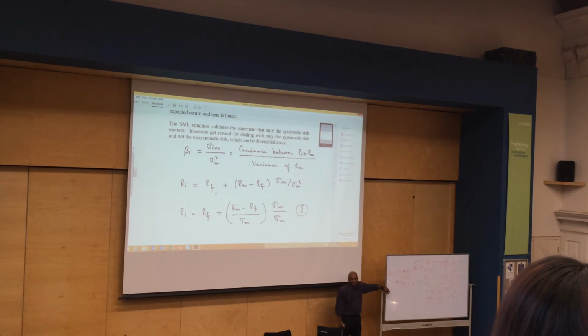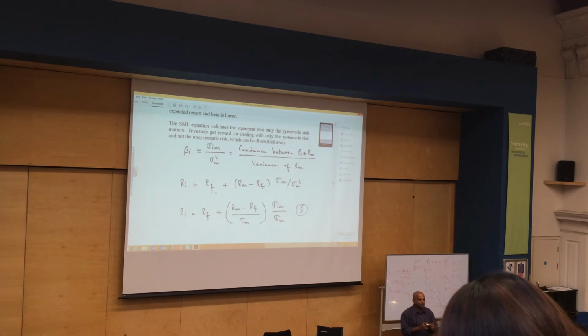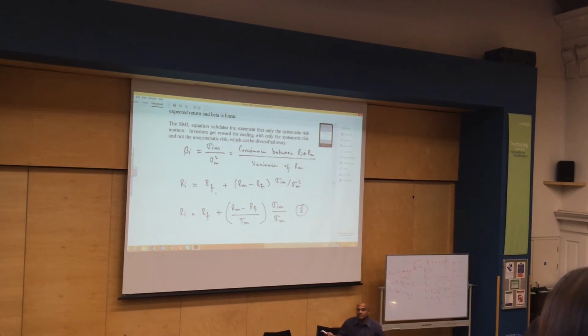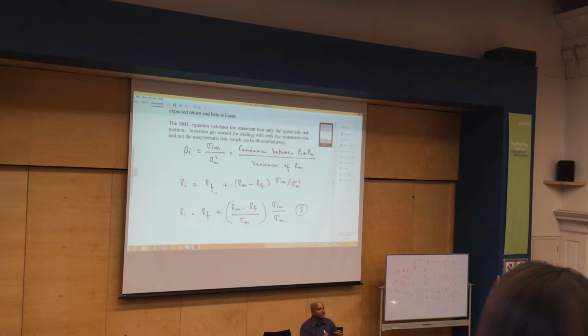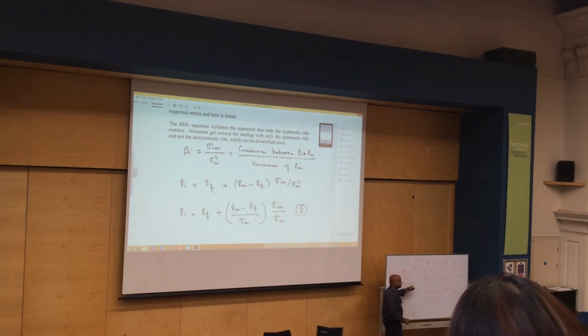Why is that? Any mathematician? The covariance of a variable with itself divided by the variance. Covariance between A and A is equal to the variance of A. Covariance between the same two variables is basically the variance of that variable. That's the mathematics. That's not finance, that's math. So covariance between X and X is equal to variance of X. These two are the same, so they're equal to 1.